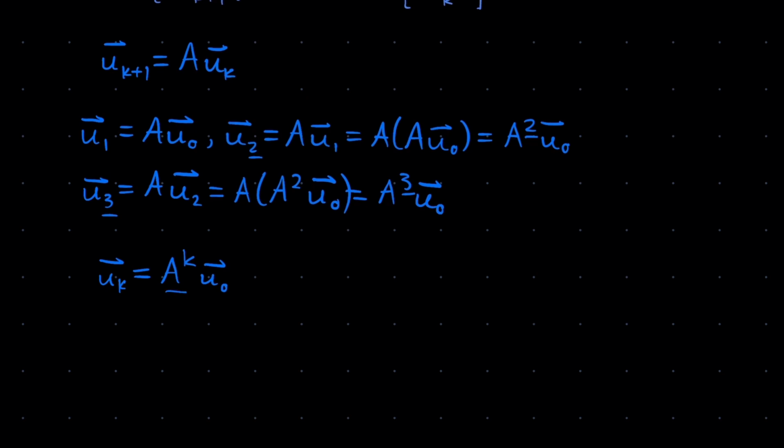Okay, how do we diagonalize this? Well, we simply want A to be equal to the eigenvector matrix S times the eigenvalue matrix lambda times S inverse. And this is essentially equivalent to stating that A to the kth power is equal to S lambda to the kth S inverse. Let's see, lambda to the kth is a nice formula, right? Because lambda to the k is simply all of the entries on the diagonal to the kth power. That's it. And so what we're going to do is diagonalize our Fibonacci matrix A.